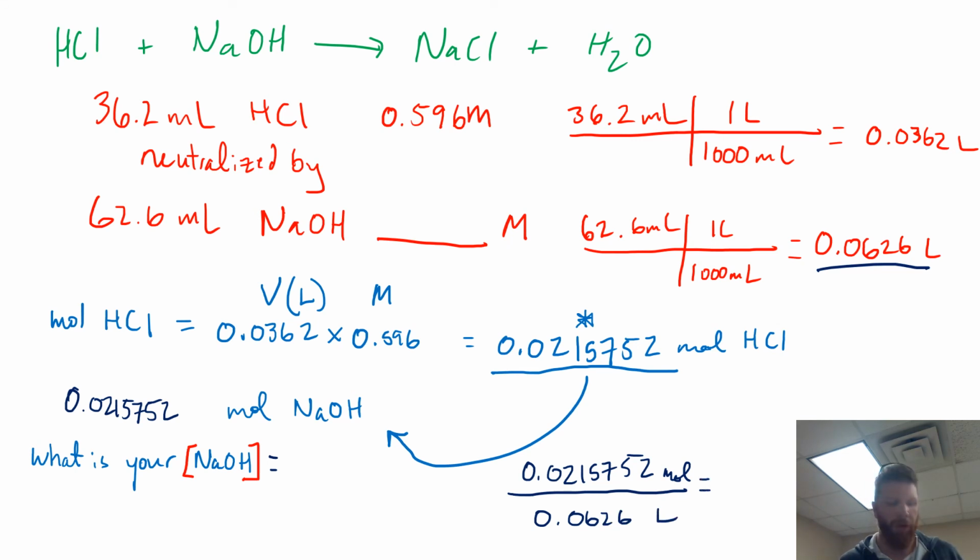So moles per liter. 0.0215752 divided by 0.0626. This tells us that our solution of sodium hydroxide has a concentration of